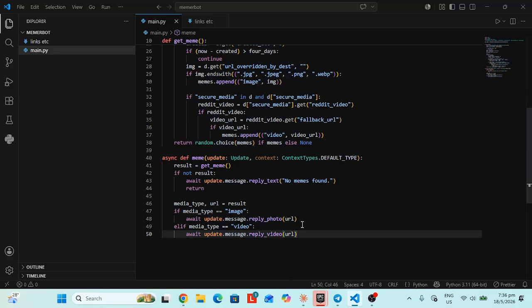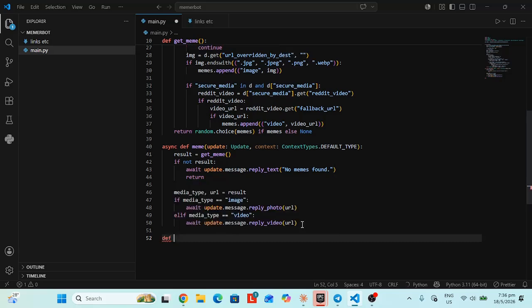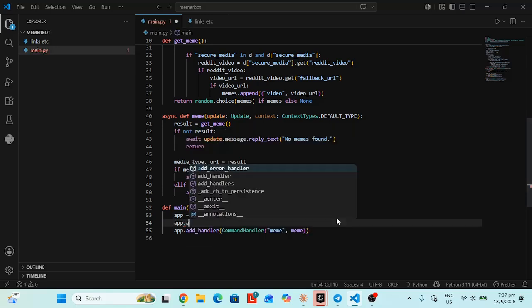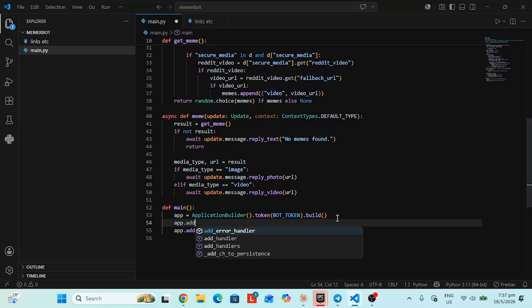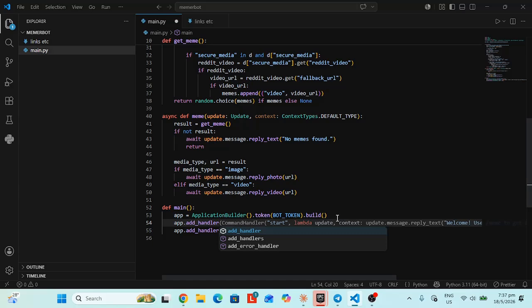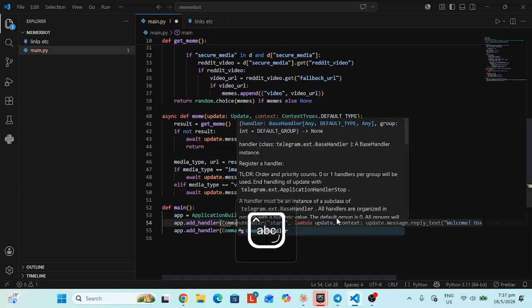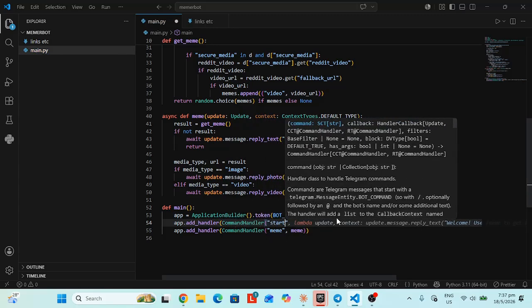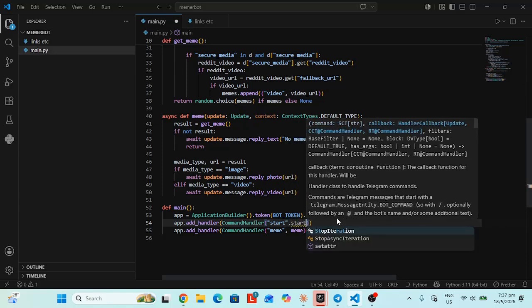Now we shall go to one of the main parts, which is the define main. So now define main. App is equal to application builder dot token dot build. Now we're going to be adding our handlers. So this is for the meme, and then one handler to basically start the whole thing. So add handler, and after that command handler. We're going to be doing start and then start